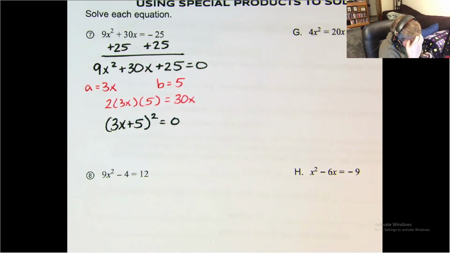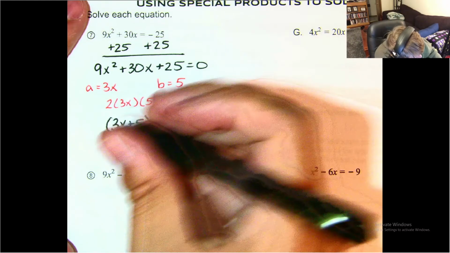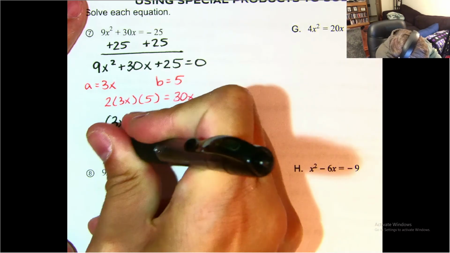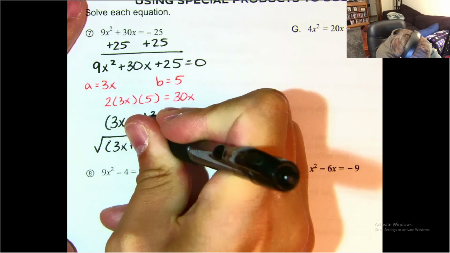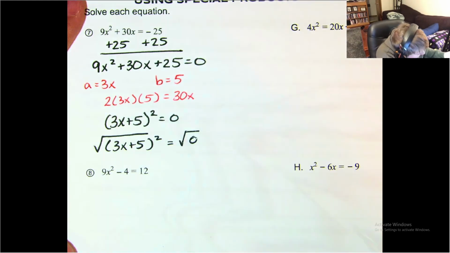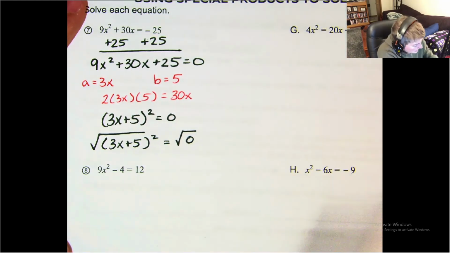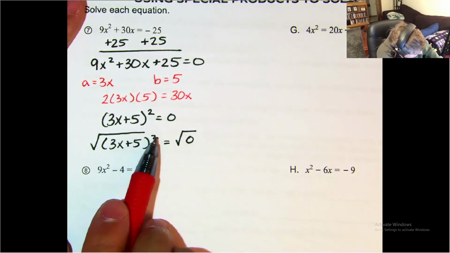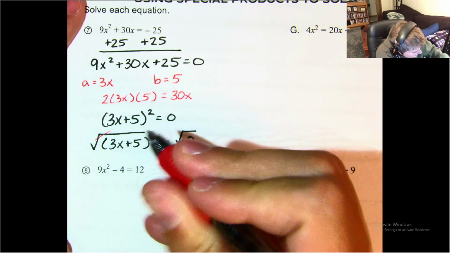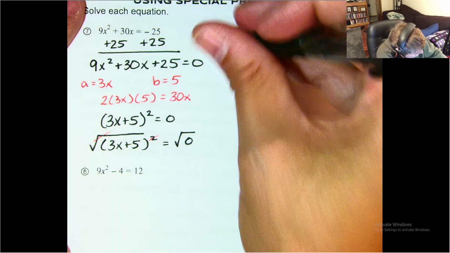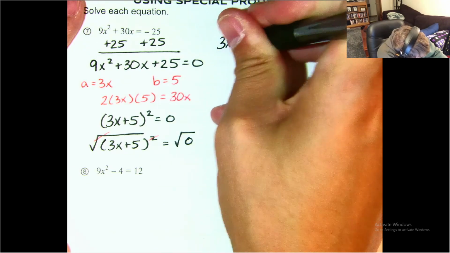All right. And so at this point, I need to solve. Okay, so we need to think about what's going to undo that square. So we've kind of had this discussion in previous sections about what's going to undo squaring, and that would be square rooting. So at this point here, I want to square root each side. I'm going to finish my work up here in this corner. So the thing that's nice is this square and square rooting are inverse operations of each other. They undo each other. Okay, so this is going to result in just 3x plus 5 is equal to 0,